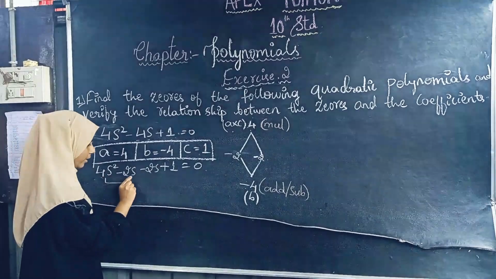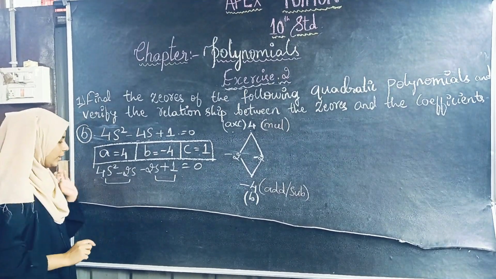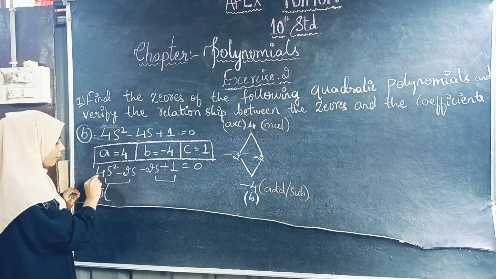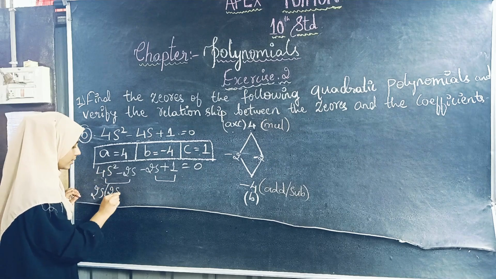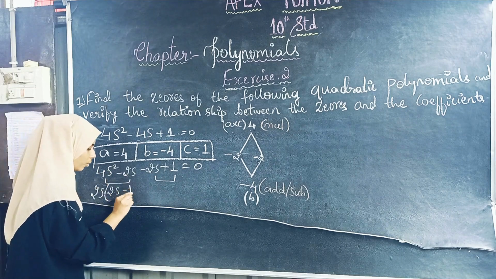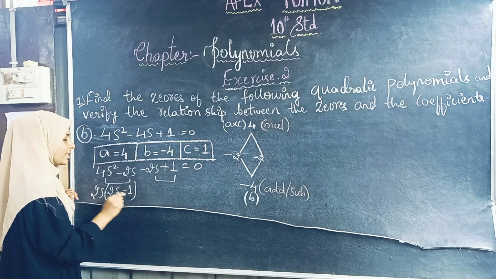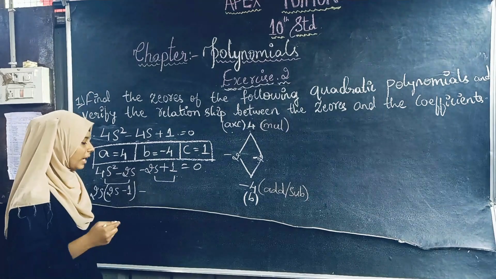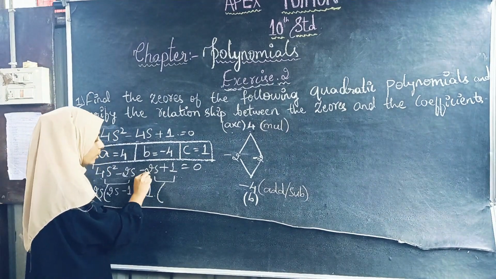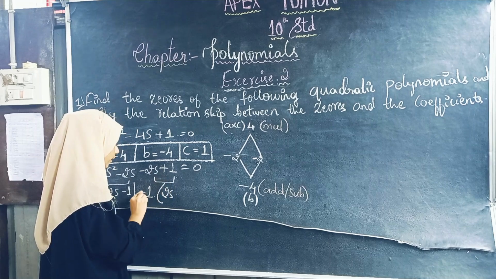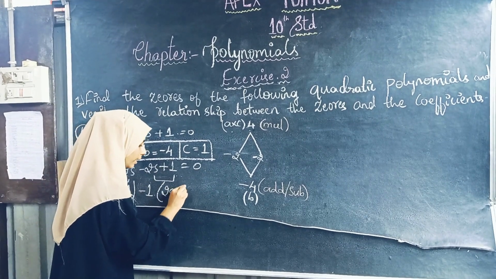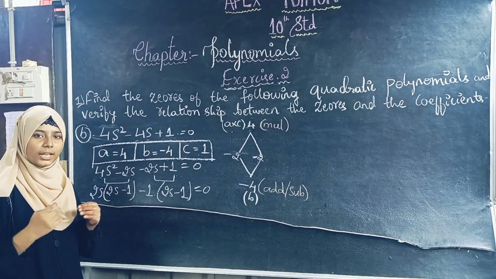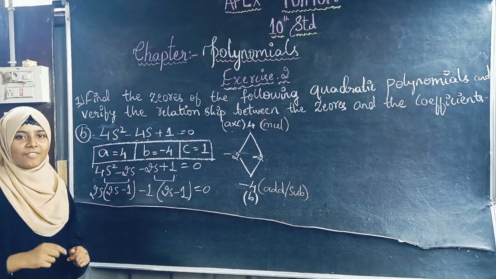We have to make two pairs here, this one and this one. In each pair we have to look for what is common. Here 2 and s are common. In the 2 table, 4 will go at 2 only. S as it is, minus 2s into 2s is 1 only. 2s 1s are 2s. Here keep the minus symbol as it is. Here nothing is common, which means we have to take 1 here. Then 2s as it is, plus into minus, 1 as it is, equals 0. If these two brackets are the same, then our answer is correct.